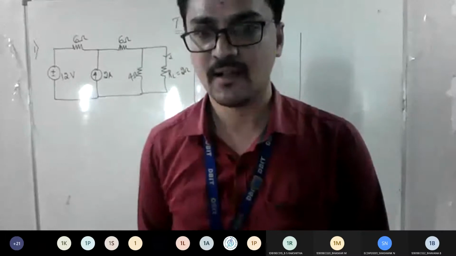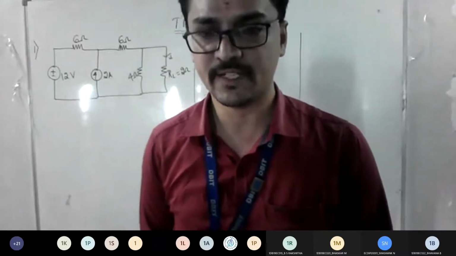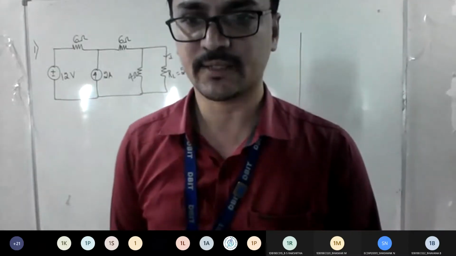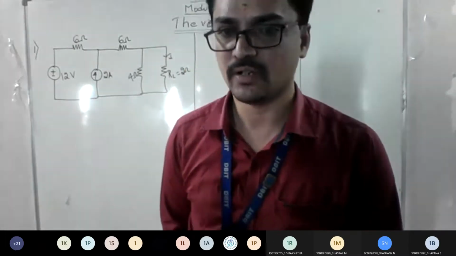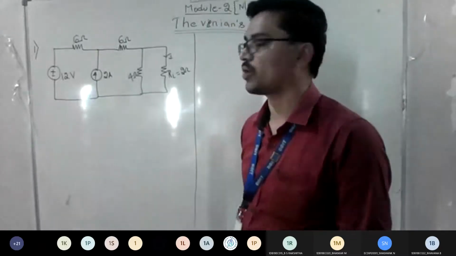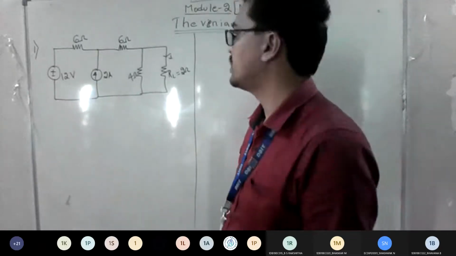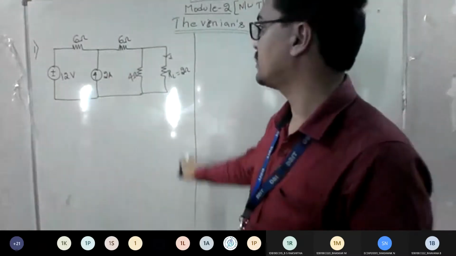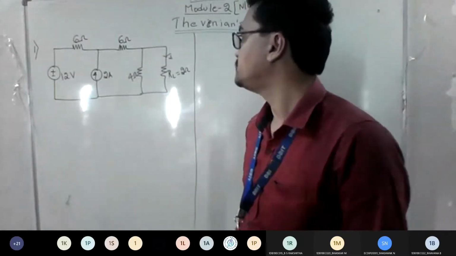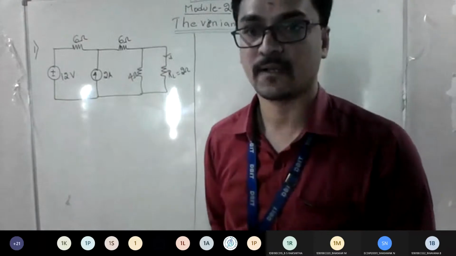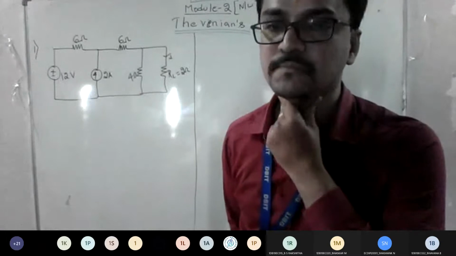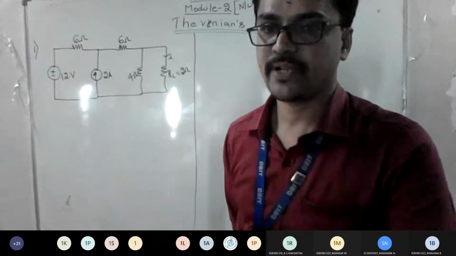Again I am stressing, read the question completely. Whether it is Millman, Thevenin or the superposition theorem, depending upon that you are supposed to act. Now the network is on the board, you can copy the circuit. They have given 10 volts and there is a current source between, and you can find the load here. Just make a note of the question.